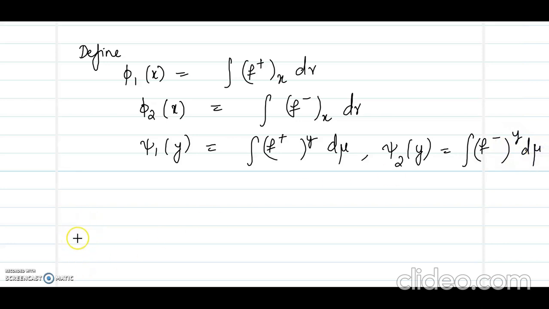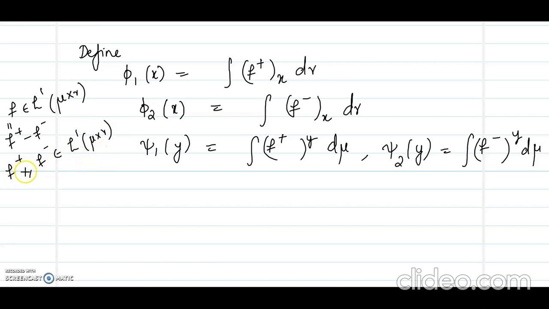So now by definition, since f belongs to L^1 of mu cross r, f is f plus minus f minus. So if f is integrable, f plus and f minus will be integrable. So this will belong to L^1 of mu cross r. That means f plus and f minus are S cross J measurable. So if they are measurable with respect to mu cross r,